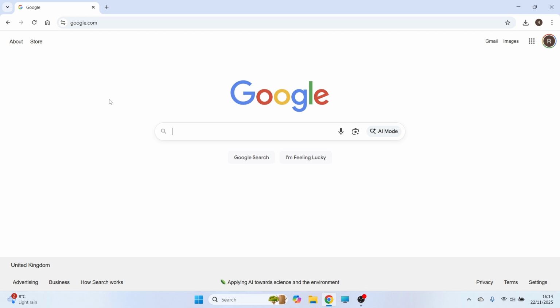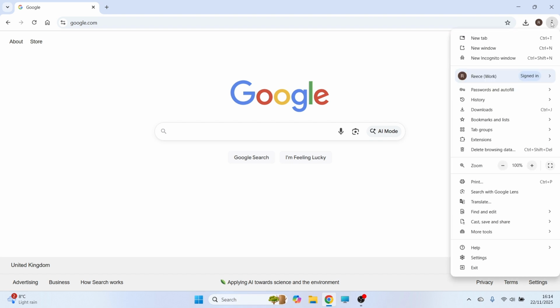In this video, I'm going to show you how to allow pop-ups in Google Chrome. Now, this can be really useful if you're trying to open something on a website and it's currently not working, then you may need to go in and enable pop-ups. Now, to do this, just click on the three vertical dots in the top right-hand side of the screen, and